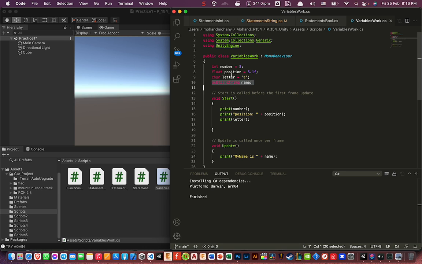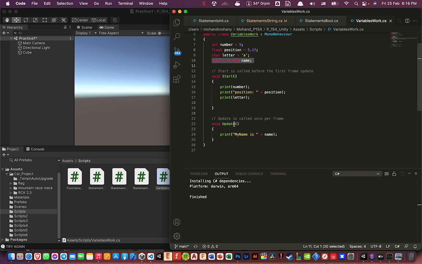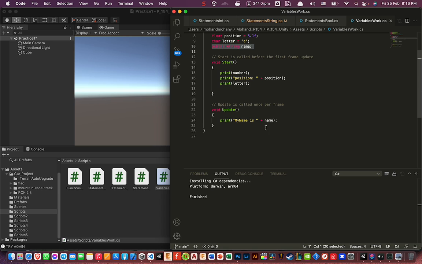Float is to define decimals, and char the same thing. All of these are variables, and this is how we define them. So int is like a number, float is a decimal, char is a letter, string is a name. And here we are using these commands to print out our desired variables, and here it allows us to constantly update and change our name